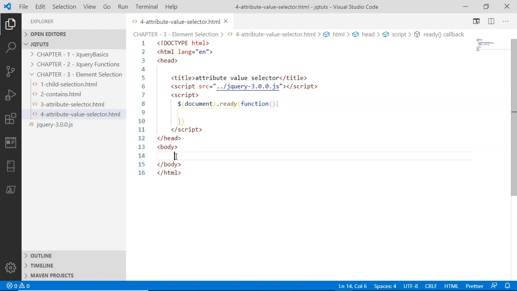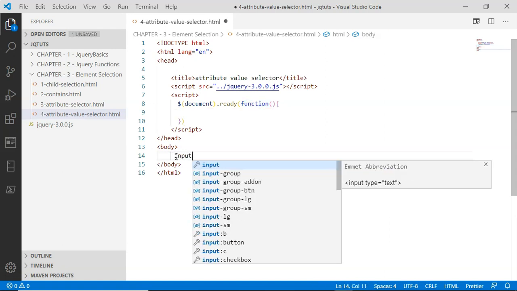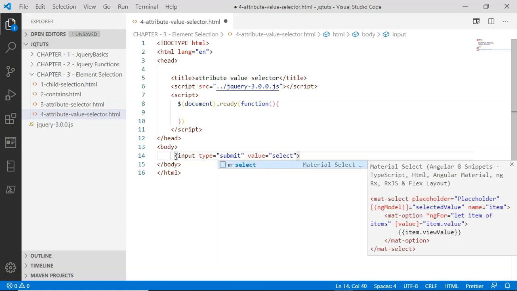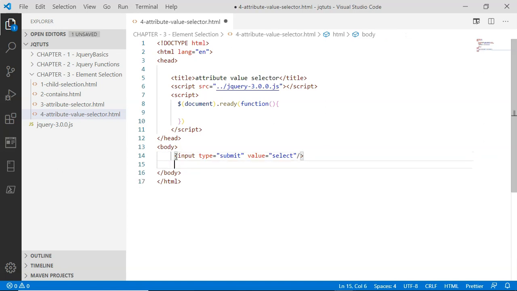Now inside body, I am going to have an input button. I'm going to assign it value as select. Simply select, and then I'm going to have a line break. After this line break,